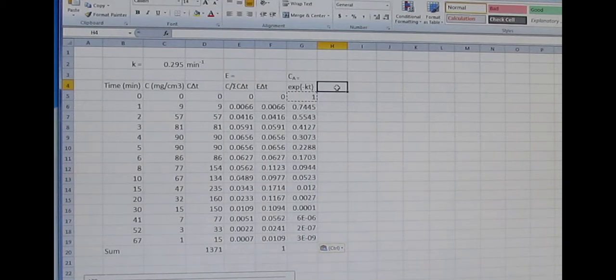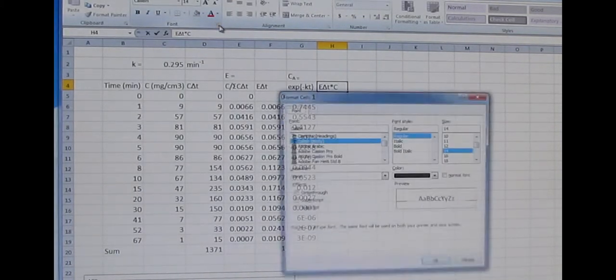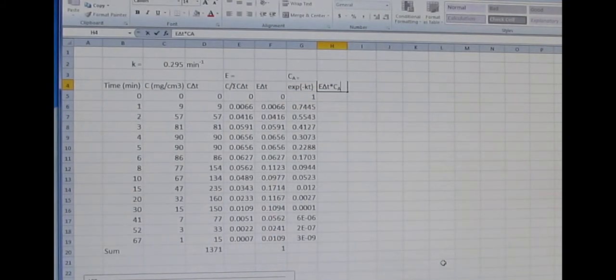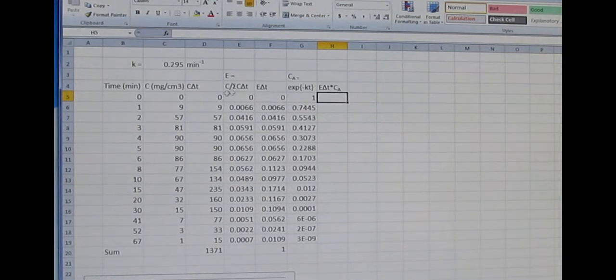So our next step now is to multiply the amount under the curve here, as this elapsed time function comes out to be, in this case E. E times delta t times our concentration, and we want subscript A. So we take our E delta t times our C_A, we copy this function and we paste it down through,